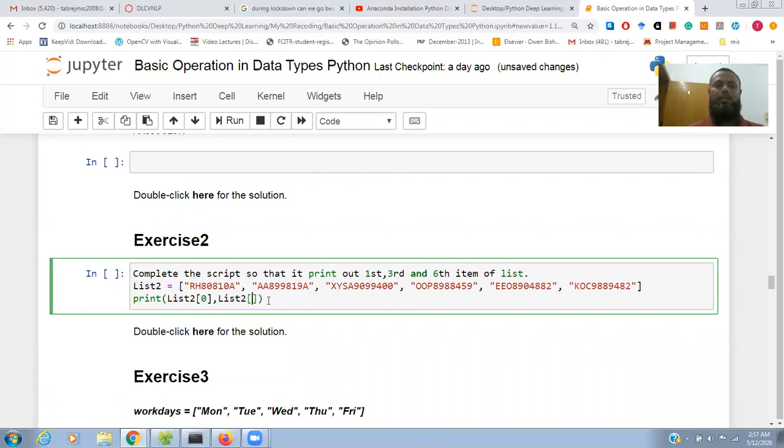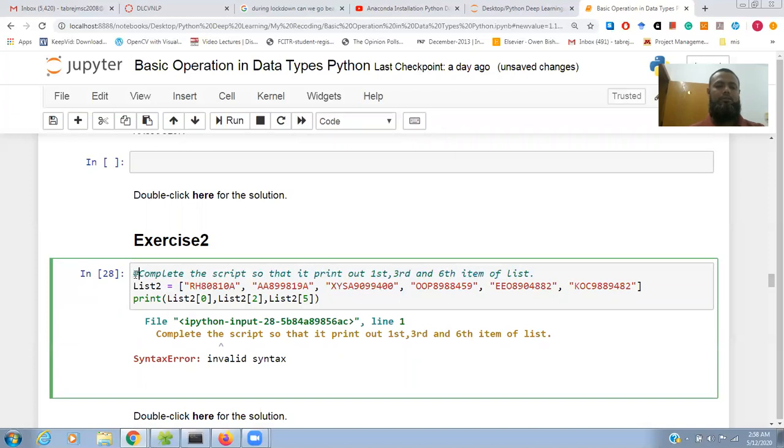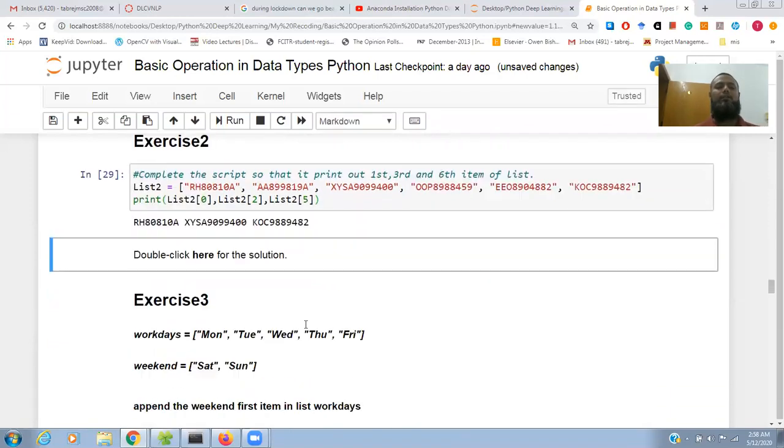Then we want to print the second one, 0, 1, 2. And third item means index 2, and we'll call another one, the sixth item, means the fifth index. So they will print all these values. It will give us all these three values.